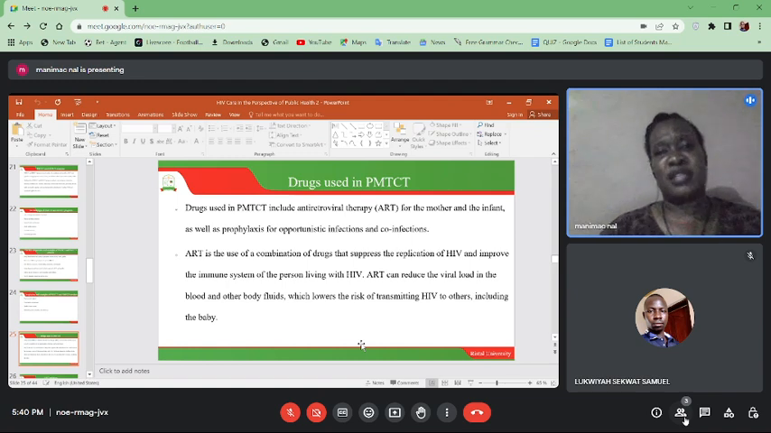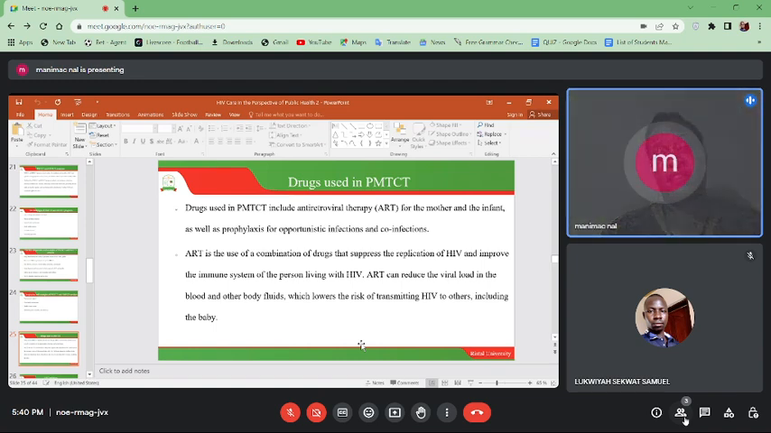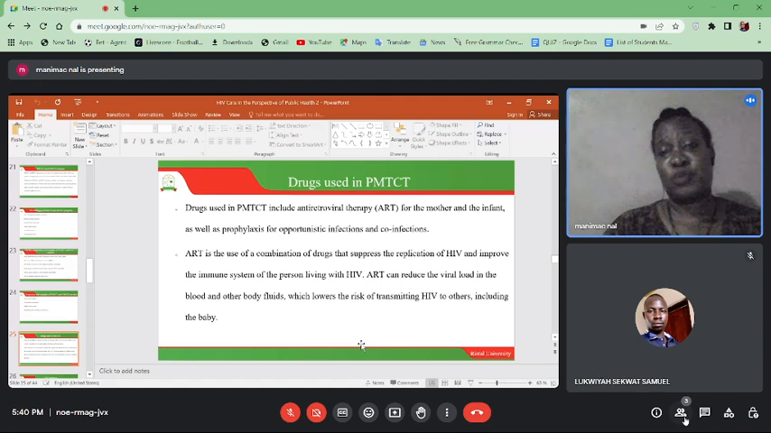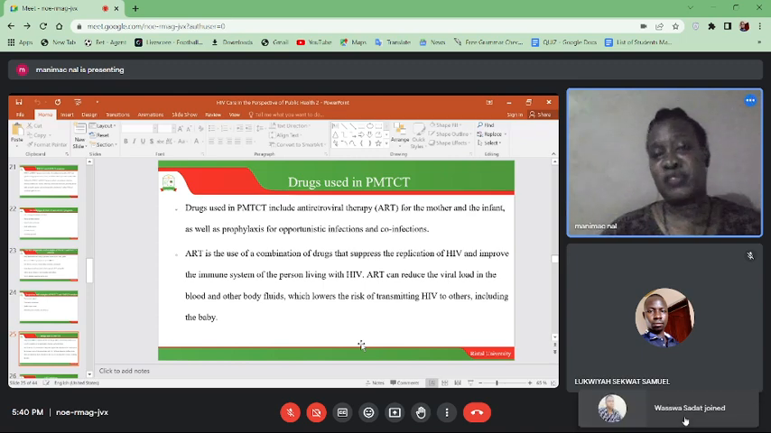Well, we have talked of antiviral therapy, which is more important for a mother and then the infant as well to use. Drugs like prophylaxis, it could be for opportunistic infection and co-infection, which help a mother not to transmit a virus to their child. Furthermore, ART is also useful, it is a use of a combination of drugs that suppresses the replication of HIV and also improves the immune system